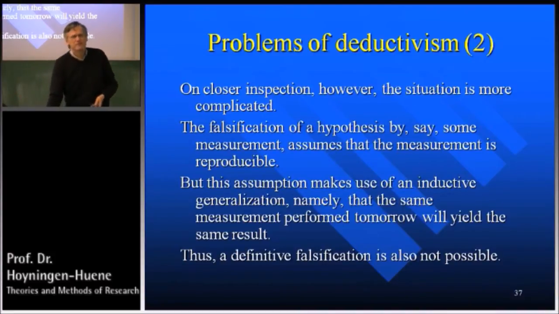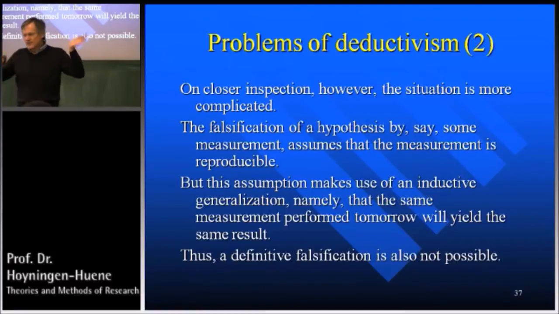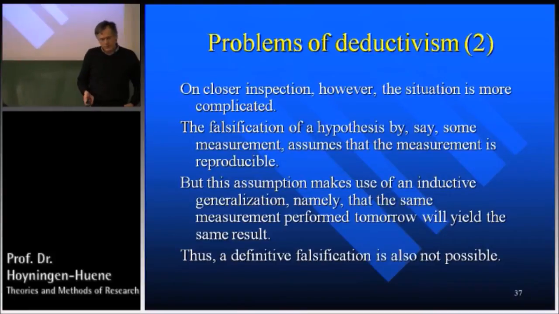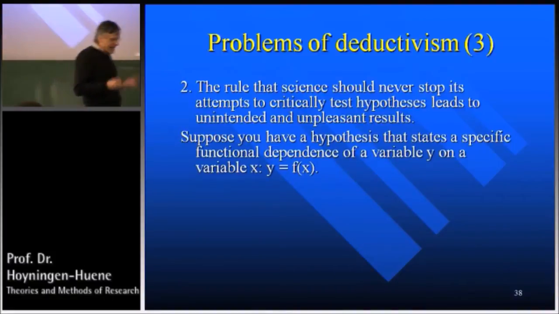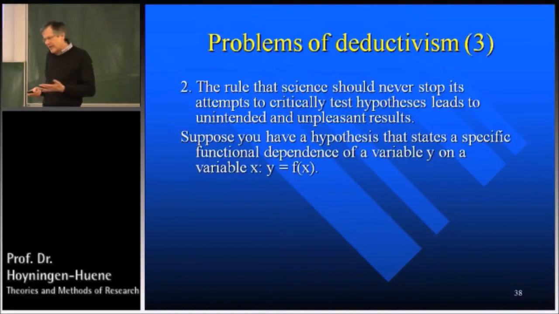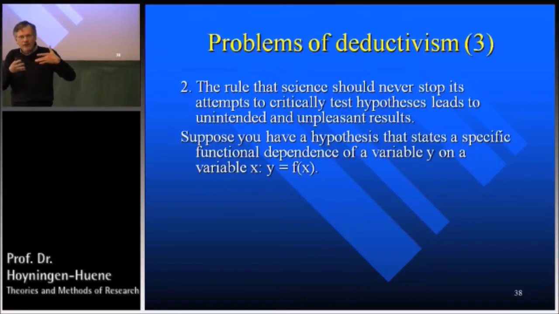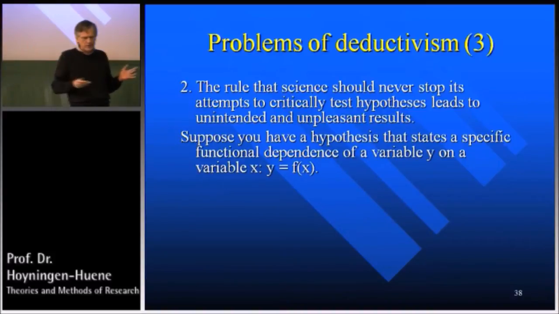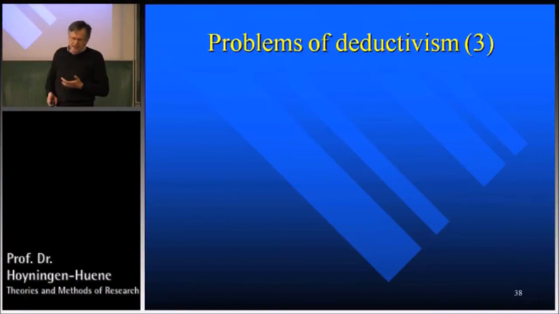And that is a problem of deductivism. That wasn't seen in the very beginning of deductivism, because it looked so nice with this asymmetry. Verify, okay, forget it, doesn't work, so we falsify, it works. But if you look closer, it has the same problem, which we don't get rid of. Okay, that was the first problem, which again is a problem insofar as it decreases the main attractiveness. What made it so attractive as a position is now undermined. And it says, oh, unfortunately, it's not that simple. But here is another problem, which is in a sense even graver.